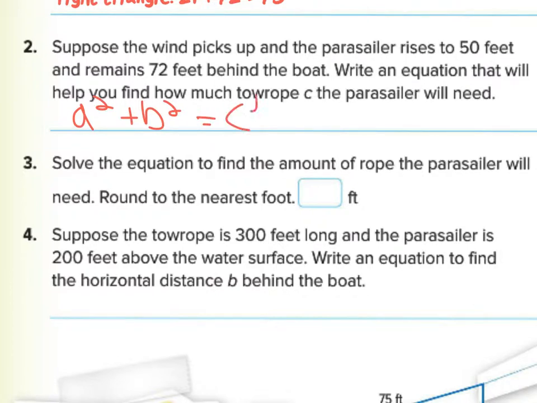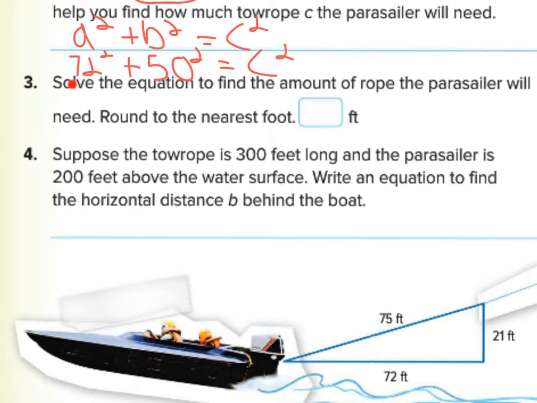We can use the distance of 72 feet behind and the 50 feet vertical rise. So we have our horizontal, 72 squared, plus a rise of 50 squared, is going to equal our new hypotenuse, c squared, right? When we solve this equation, 72 times 72 plus 50 times 50, we add it up, and we square root the new hypotenuse, we get about 88